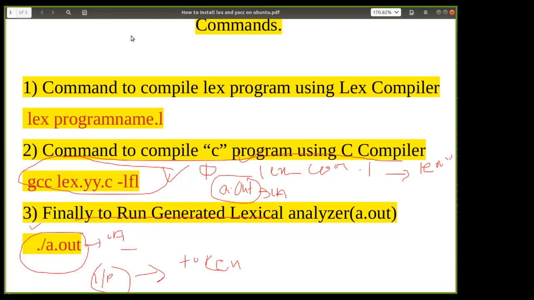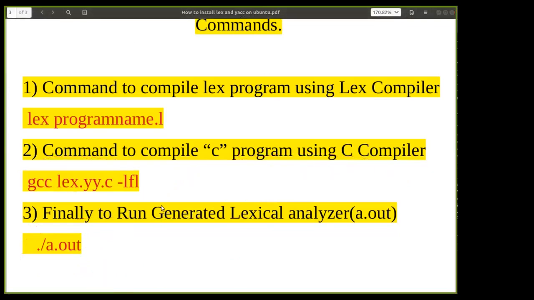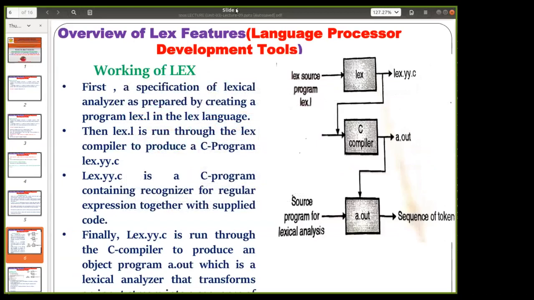As you can see in this figure, you give the input to the lex compiler, which generates lex.yy.c. Then you compile it again, and it generates the executable file a.out, which is your lexical analyzer. Then you give a source program or expression of a higher level language as input to this lexical analyzer, and it generates the sequence of tokens.